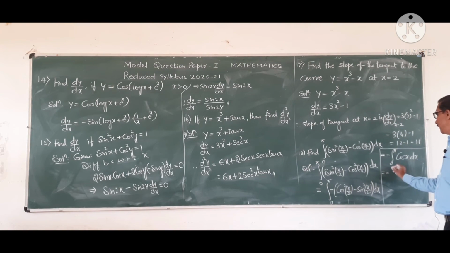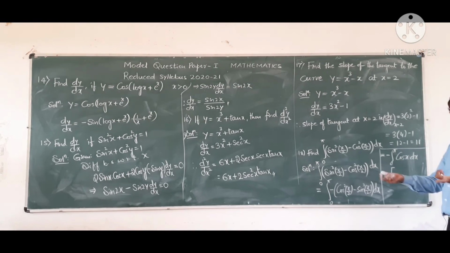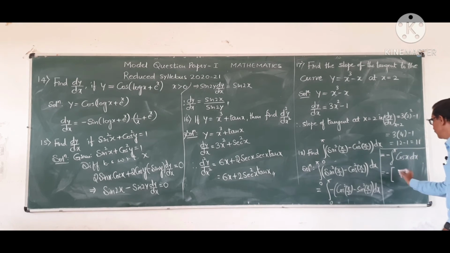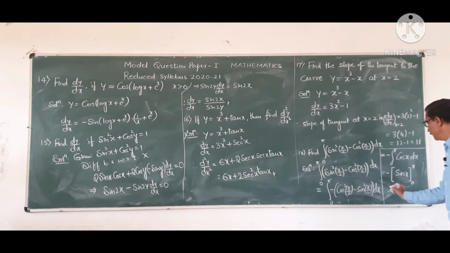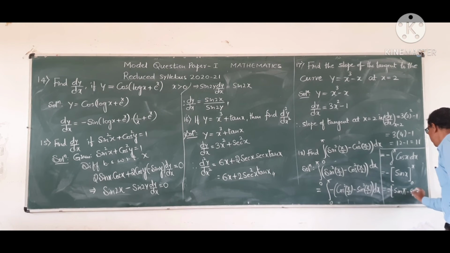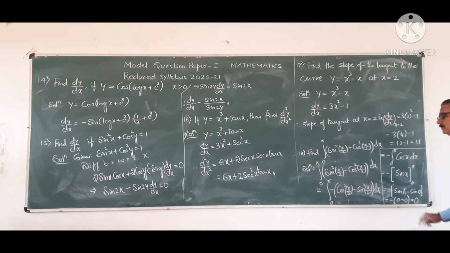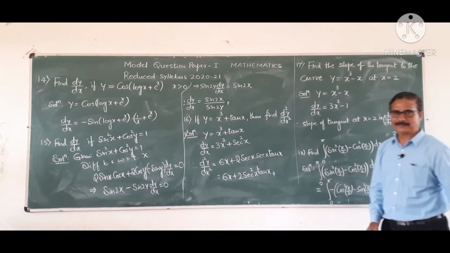Then integrate minus integral of cos x. What is the function of y whose derivative is cos x? Which function, when differentiated, gives cos x? Sin x. Complete reverse process of differentiation. So integral of cos x is sin x between the limits 0 to pi. Put x equal to upper limit minus sin as it is, sin pi, the difference of upper limit minus lower limit, minus sin 0. Minus sin 180 is 0, minus sin 0 is 0, 0 minus 0 is 0. So the answer is 0.